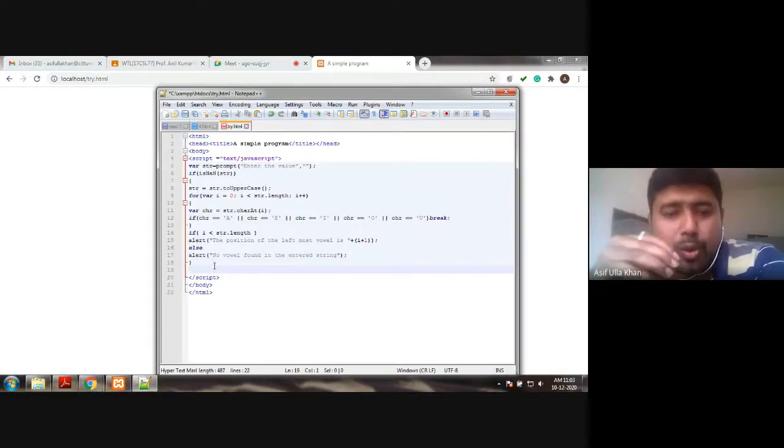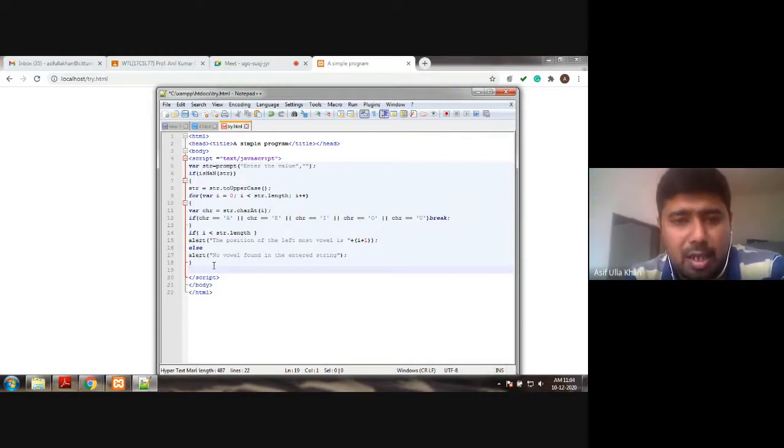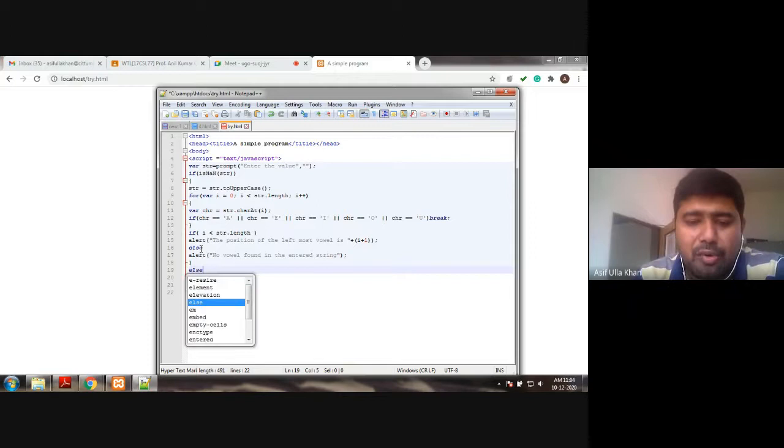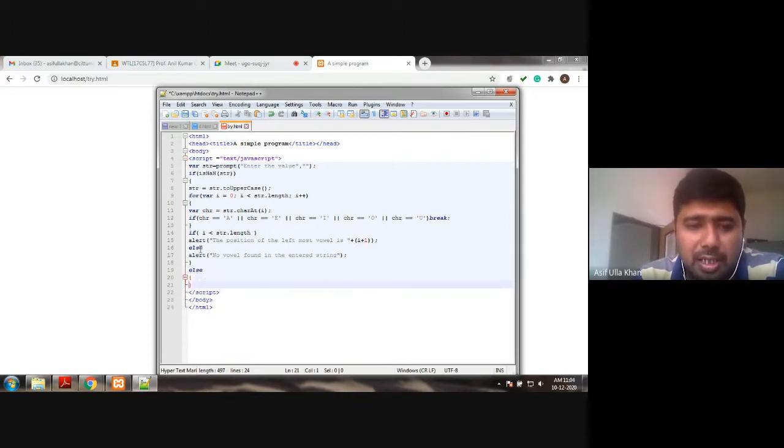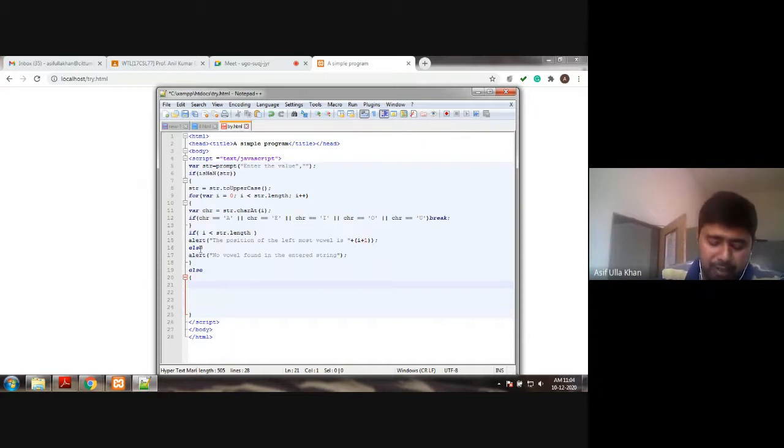Now I need to go for the third part of the program. If it is not a number, then it's a string, so the condition becomes true and it enters the if part. If it is a number, then I should go for the else part. That is where I need to write the logic of reversing a number. I need to declare the variables.